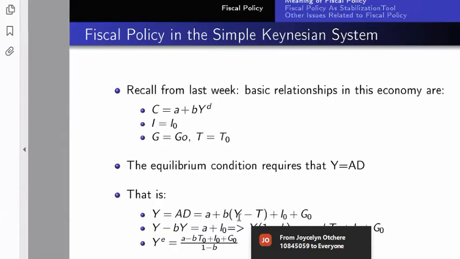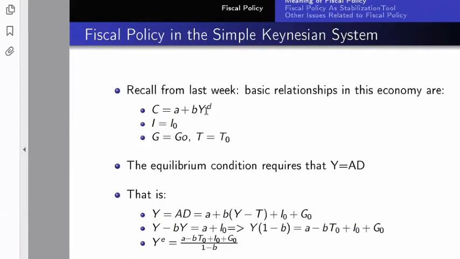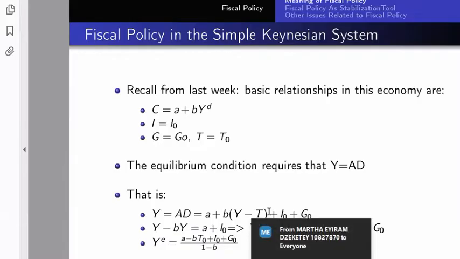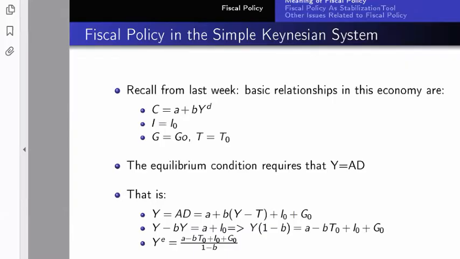Now, YD is disposable income after tax. So we can rewrite the YD as Y minus T. YD is disposable income, that is income after tax, so just income minus tax. That is where you see this Y minus T. And then the rest is easy. Just expand, take the Y's to one side and divide the whole thing by 1 minus B. Is it clear now? Yes, sir, it's clear. There is an example in this same slide, so when we get there, we'll deal with it.